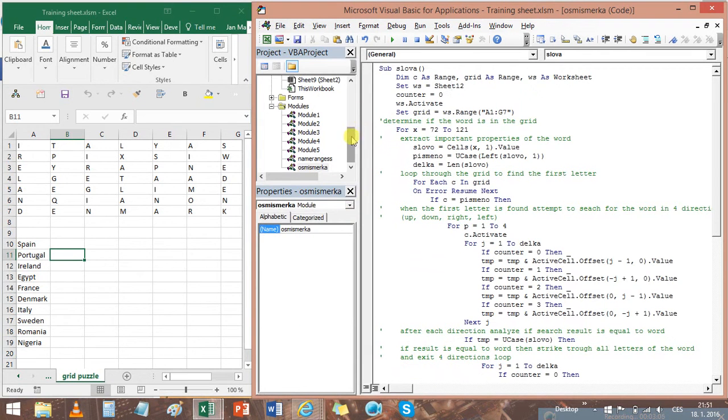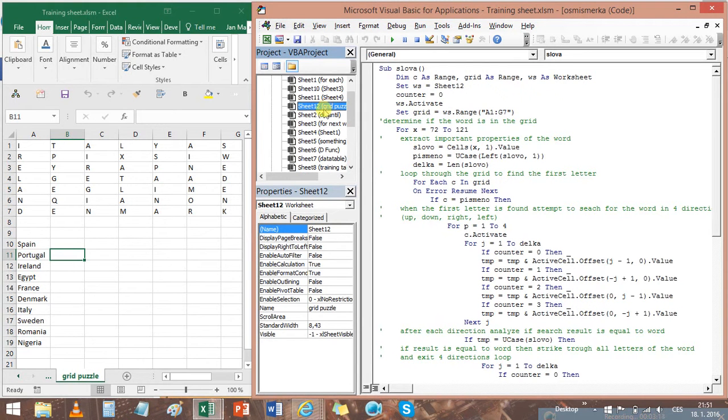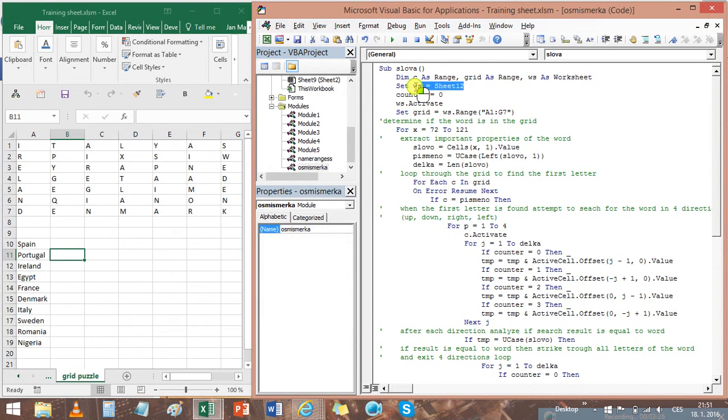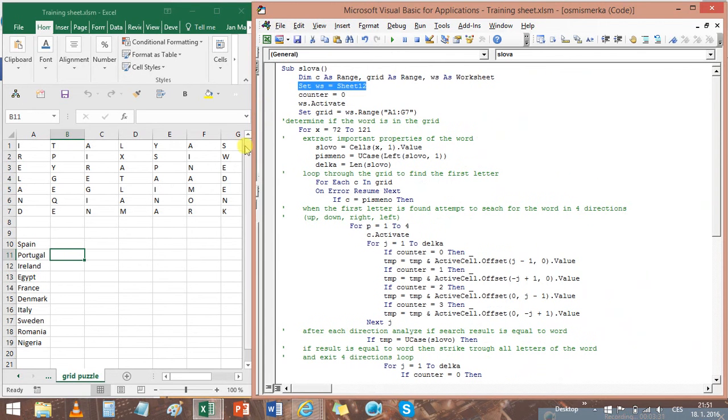If you go to the project explorer and find the sheet grid puzzle, you can see that the code name of that sheet is still Sheet 12, even though we renamed the display name. So here we are setting the worksheet on which we have our data,